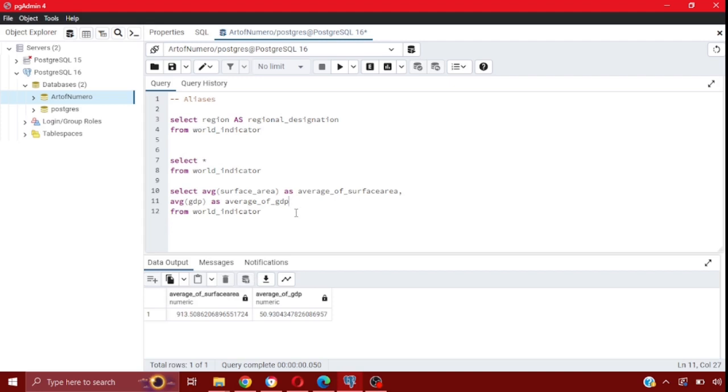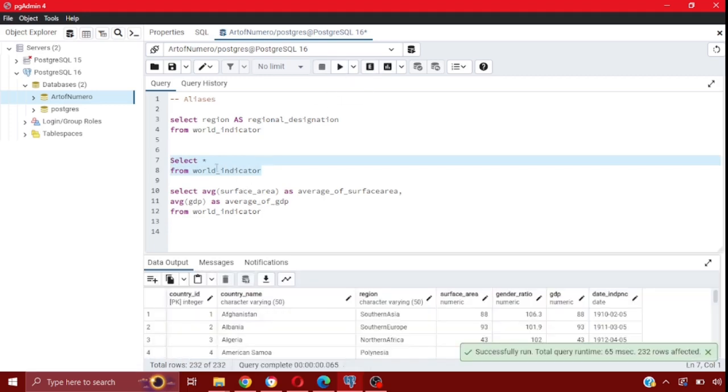So understanding naming convention is very important, something that you will need to work out with your institution or employer, to know what kind of naming convention they prefer for their data analytic or database management systems, because that's very important. Again, in SQL, capitalization is not a problem. So if you write select with a capital S or with a small s, it's still going to be the same,